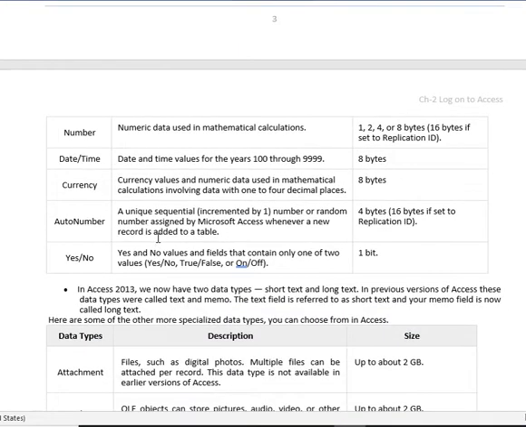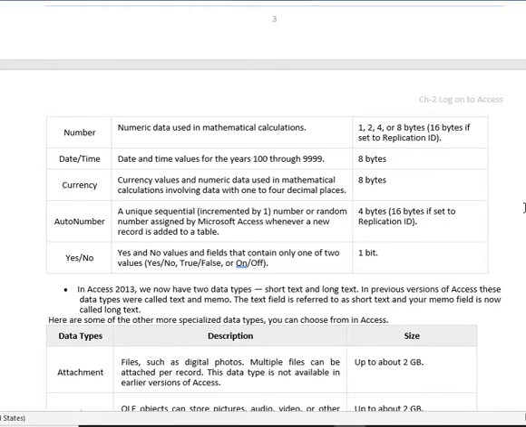Next one is number and auto number. Number is used to enter data in numeric form, like numbers only for calculations. It can store data up to 8 bytes. Auto number is used to generate sequential numbers by MS Access, and normally it starts from 1 and the next number is incremented by 1. The default storage size is 4 bytes.